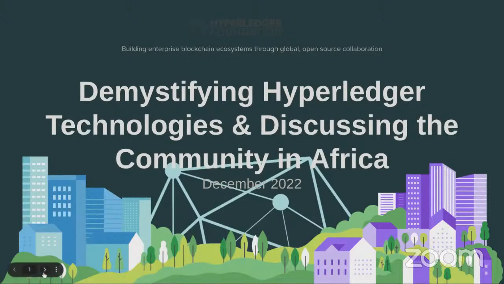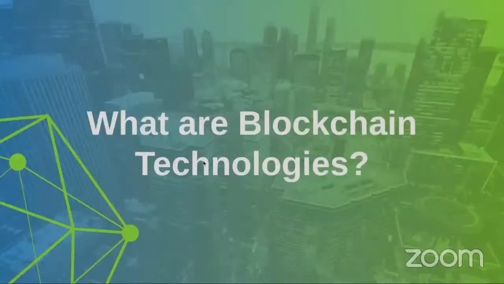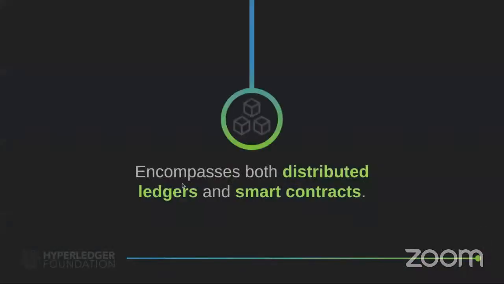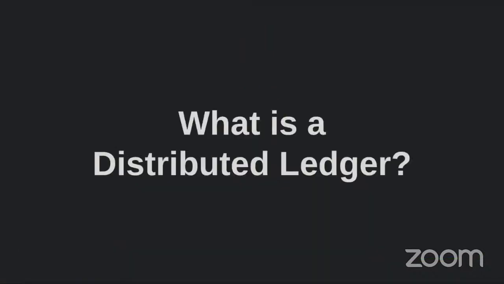So the most basic question anyone will ask, what's blockchain? As you are aware, blockchain encompasses both distributed ledgers and smart contracts. Distributed ledgers, it's a technology where the ledger that shares the common information is shared with nodes within the network. And smart contracts is the business logic that automatically executes within the nodes to reach consensus, to give out the information that's required.